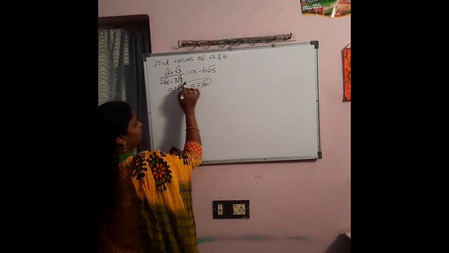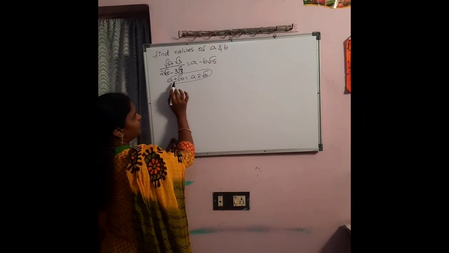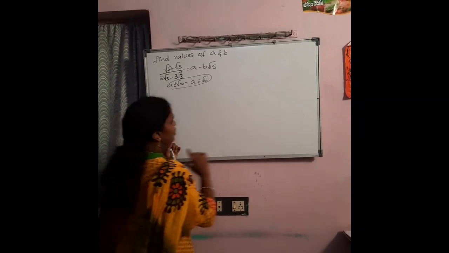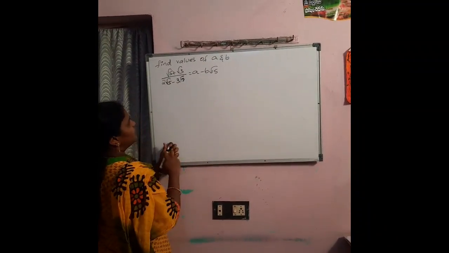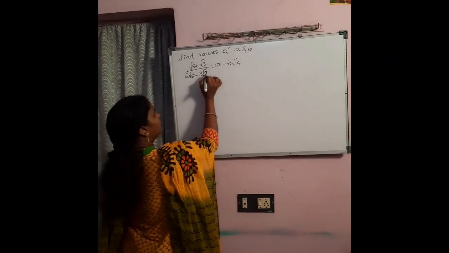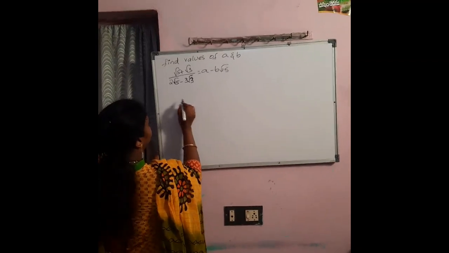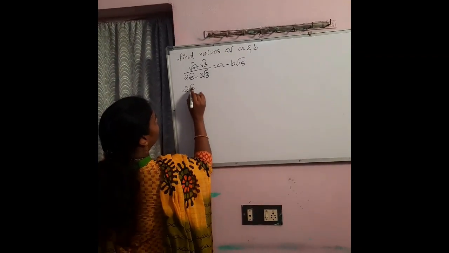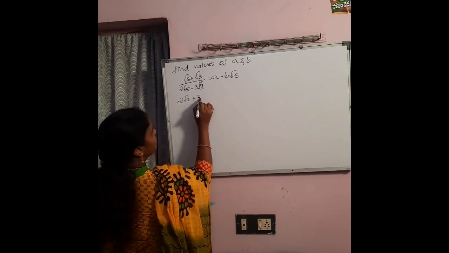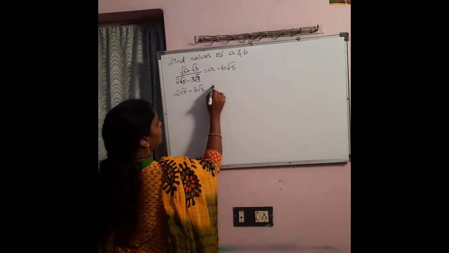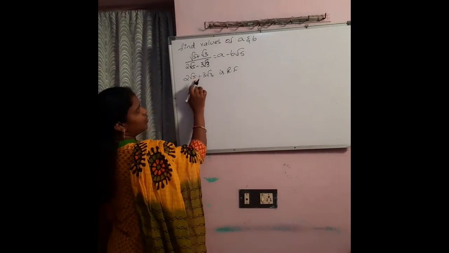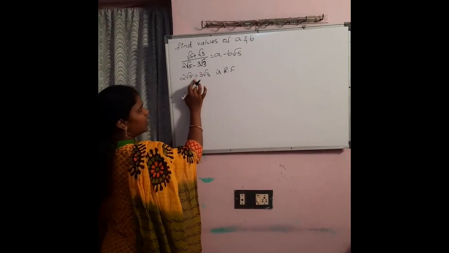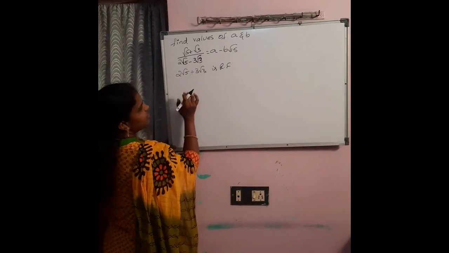That means if it is positive I have to take negative, and if it is negative I have to take positive. So now it is given the question as negative, so I have to multiply with positive number. So the rationalizing factor is 2 root 5, it is minus, so plus 3 root 3 is the rationalizing factor here. So the numerator and denominator of the equation should be multiplied with 2 root 5 plus 3 root 3.